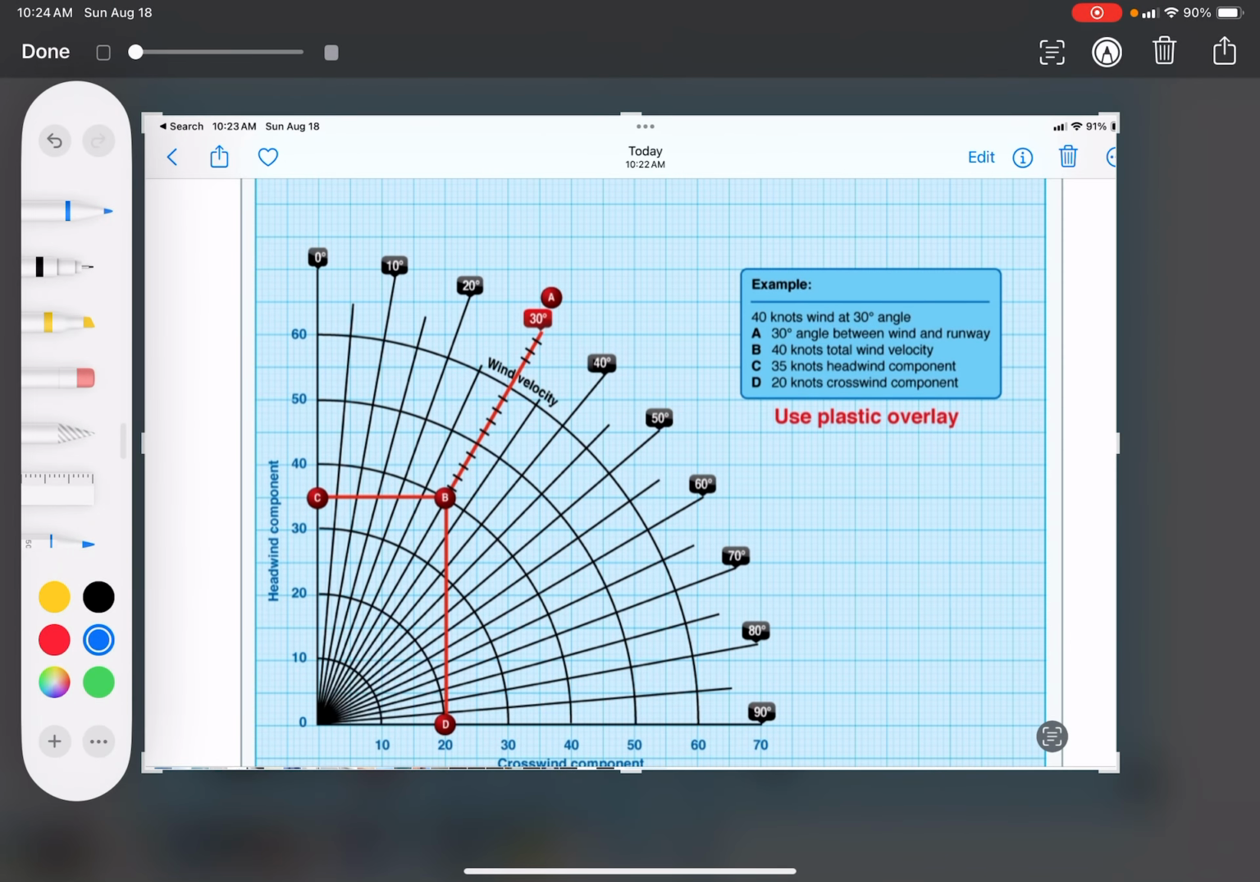All right, so we went over the different components of the crosswind headwind component chart. So now we're just going to go over some of the FAA questions using the FAA chart from your chart supplement book or the test supplement book. There's an example there, as you can see, but we're going to go over